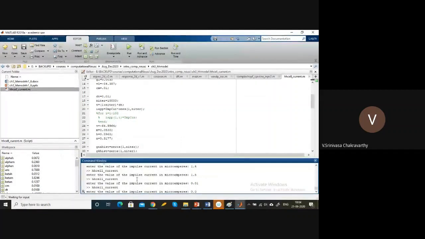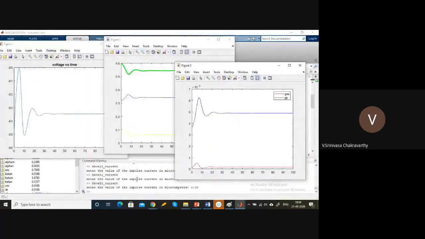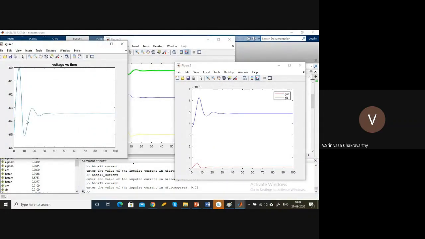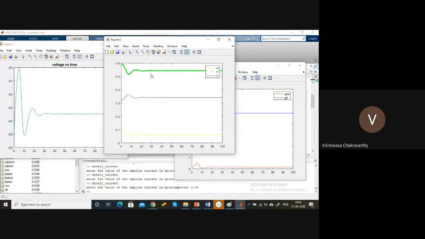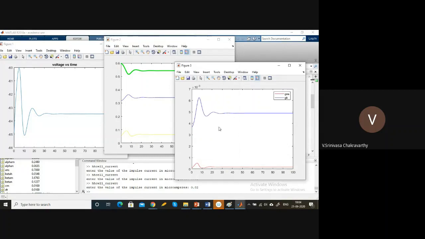Now let us increase it a little bit, to 0.02. Earlier it only went from minus 64 to minus 63 or something. Now it went further up. This is a DC current, by the way, a step current. At time 0 you give a constant current and it remains constant. It's not a pulse. Even though the input is a step, the voltage deviation is only brief. It goes up a little bit and comes back down to the baseline value. M and H also show a little ripple and are then flat. Conductance also has an initial ripple and after that it's flat.